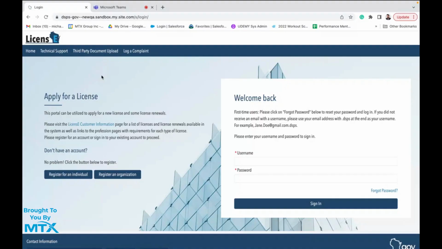Here we are. This is what the applicants are going to see when they go ahead to apply for a license. The first step, and for today, we're just going to focus on registering as an individual. The workflow is going to be pretty much the same for registering as an organization. There'll be a few minor differences. Some of the questions will be a little different, but the functionality is going to work the same. So just in essence of time, we're just going to focus on showing you how to apply for an individual